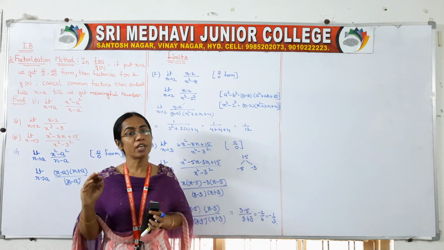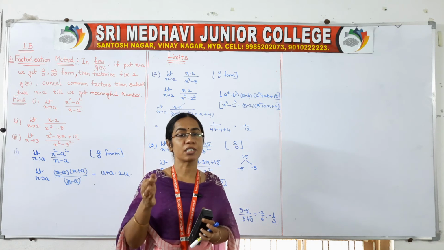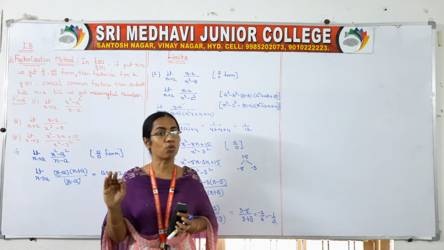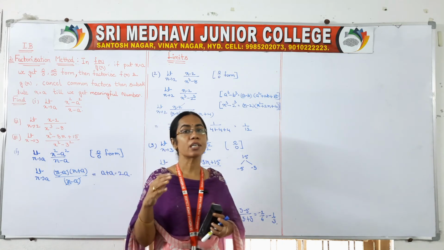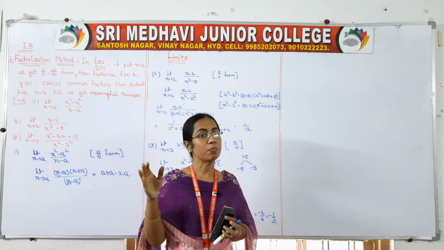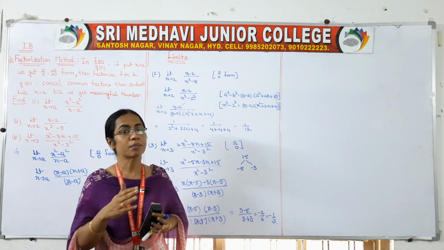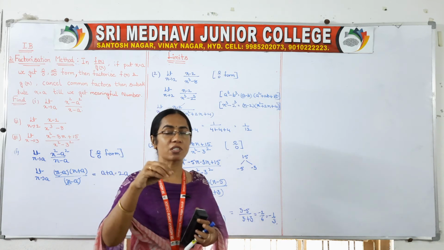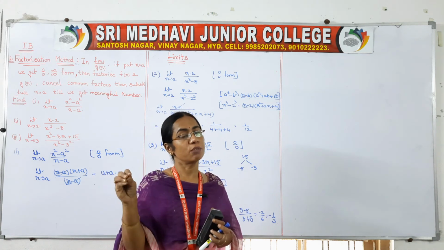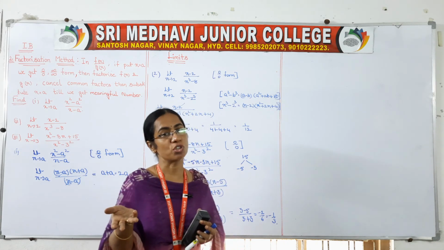After that we will find the limits of the given functions by using some standard formulae. That will be the fourth one. And the fifth one is when the limit is given as infinity, that will be our fifth method. The first two methods are very simple. Substitution means just substitute the given x value in the problem. If you get a perfect, meaningful number, that is the substitution method.